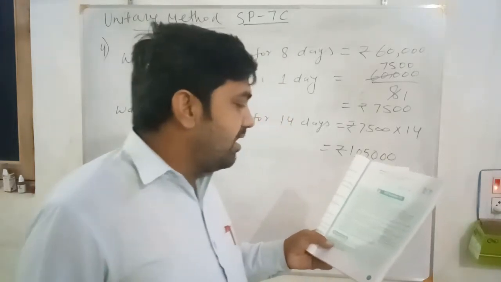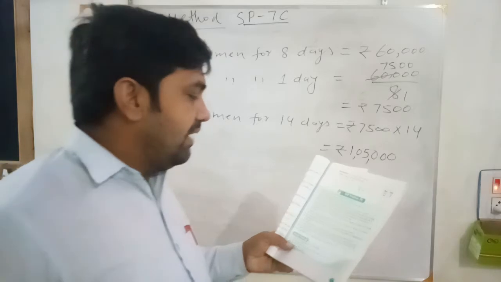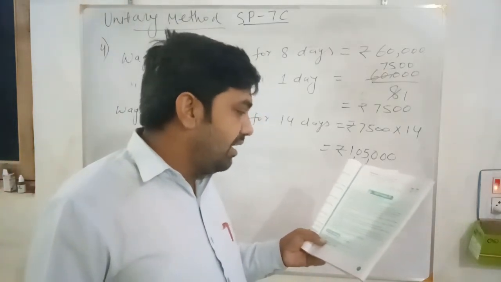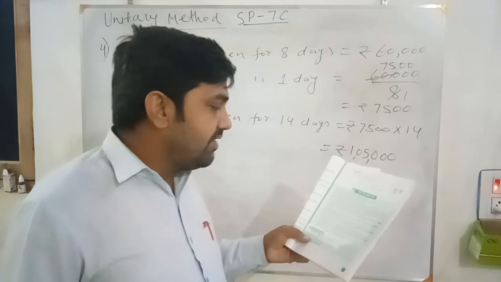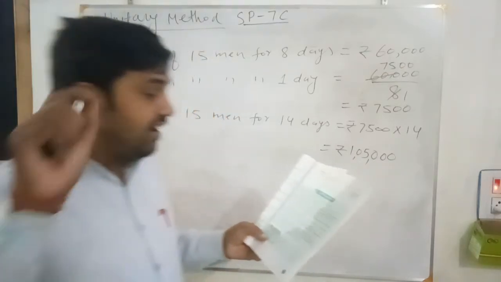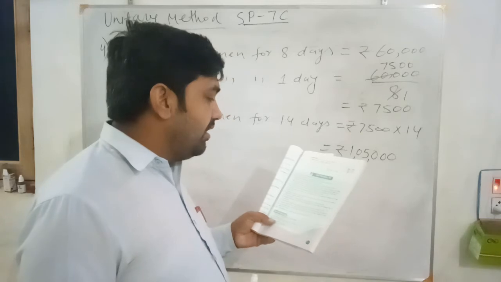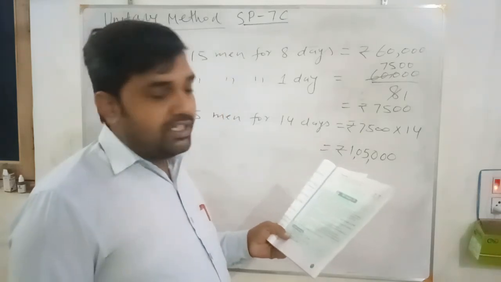So the distance traveled by the car in 3 seconds is 45 meters. Therefore the distance traveled by the car in 1 second will be 45 by 3 meters, that is 15 meters. Therefore the distance traveled by the car in 5 seconds will be 15 into 5, that is 75 meters. Okay. Now how long does it take in going 120 meters? So the time is asked here.